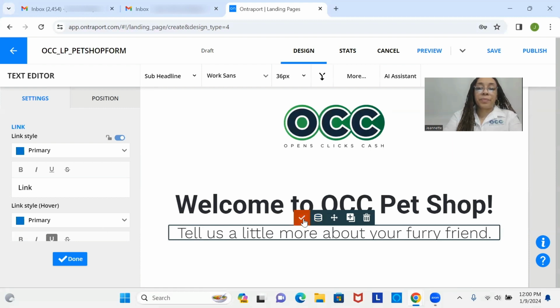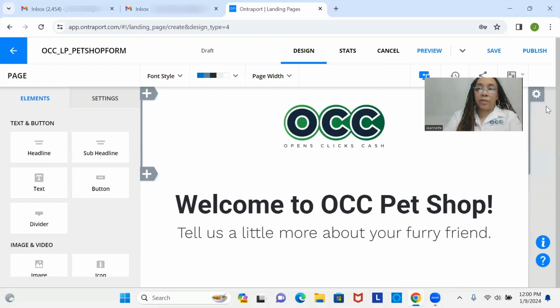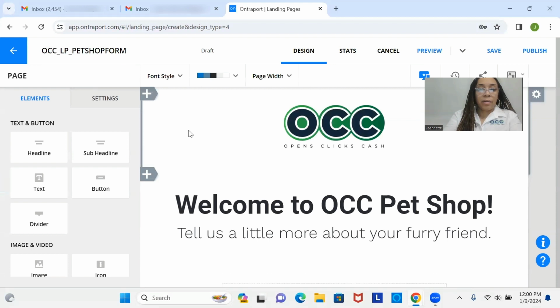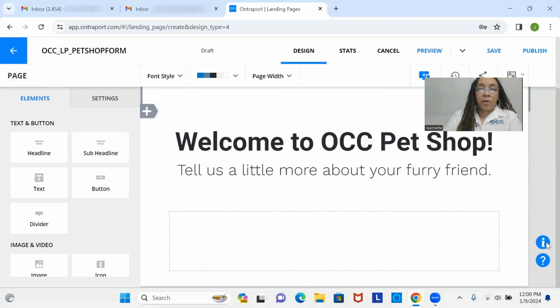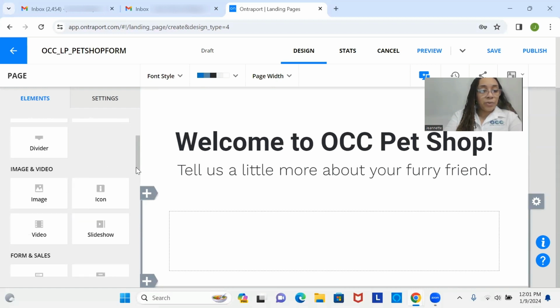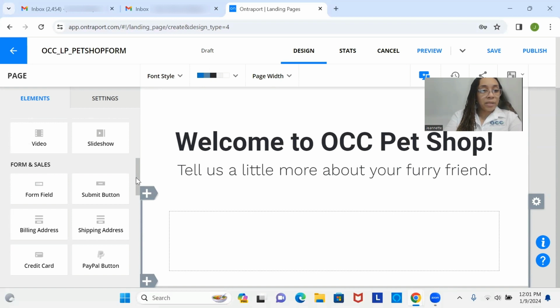All right, so now this is where I can begin to create a form. I'm going to add a new block here. And now this is where the custom fields come in. So let's just say that this landing page is on your website. So maybe there will be a tab that says, if you're new, start here, or something like that. So someone would find themselves on this landing page and they will begin to fill out the form to get more information. So what we can do is we can add custom fields